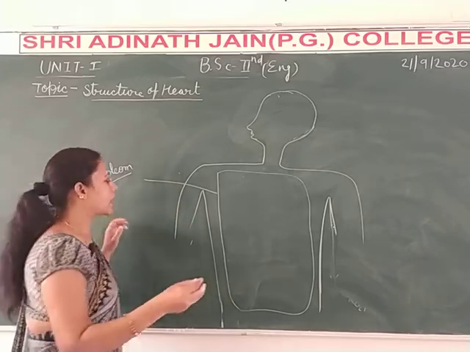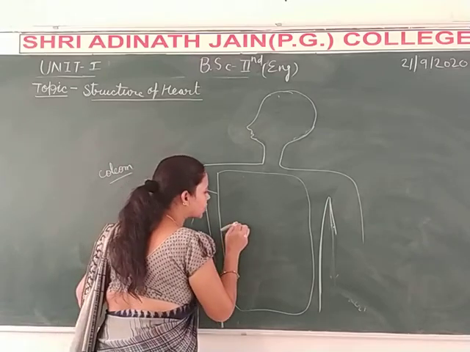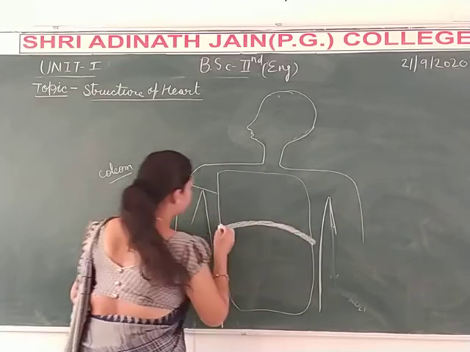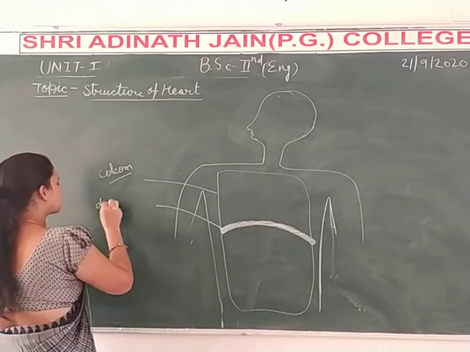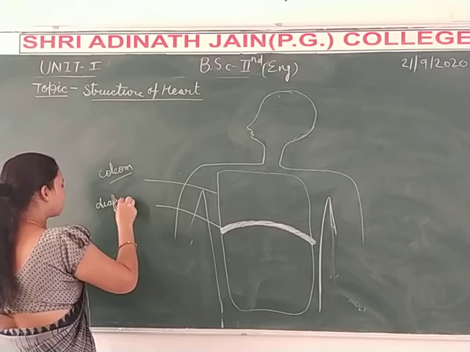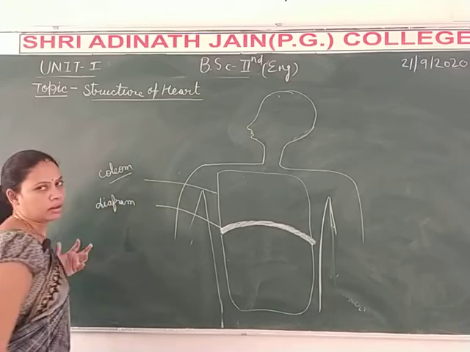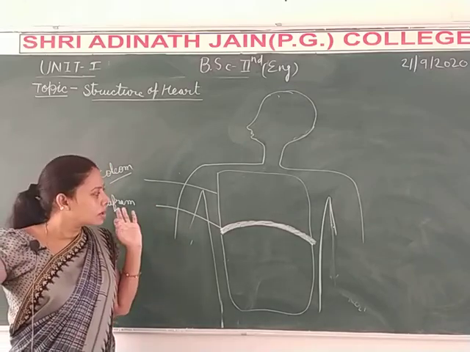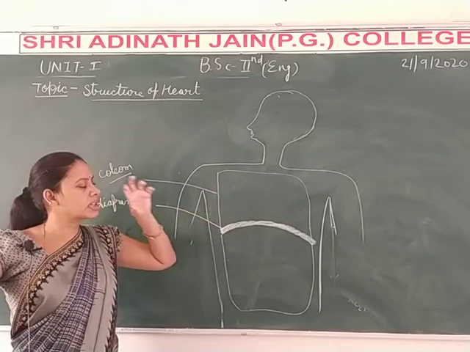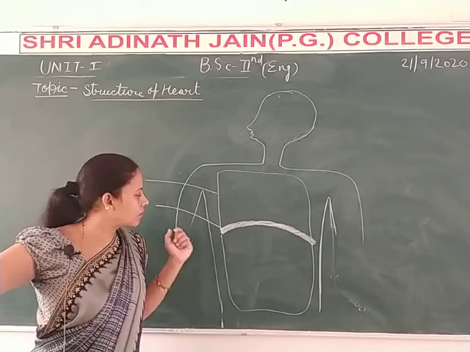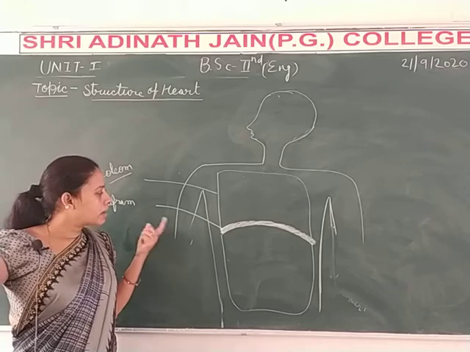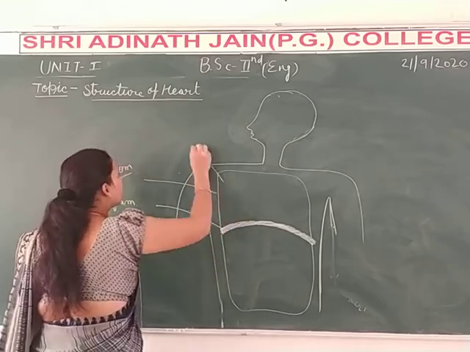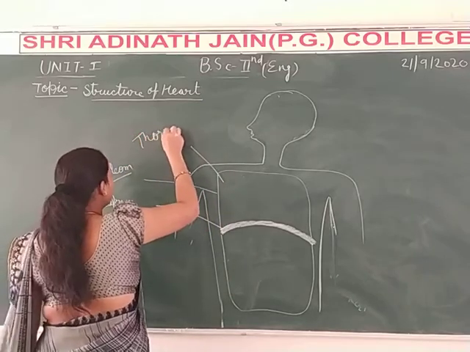This coelomic cavity is divided by a structure, and this structure is the diaphragm. We have seen this structure in the respiratory system also. This diaphragm divides the coelomic cavity into two areas. One is the thoracic